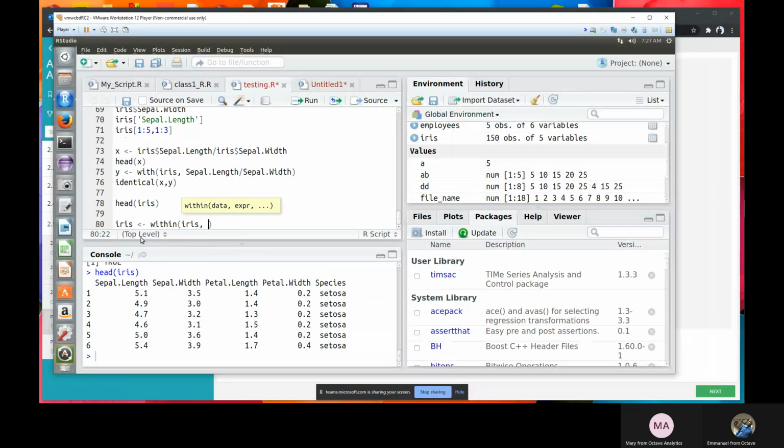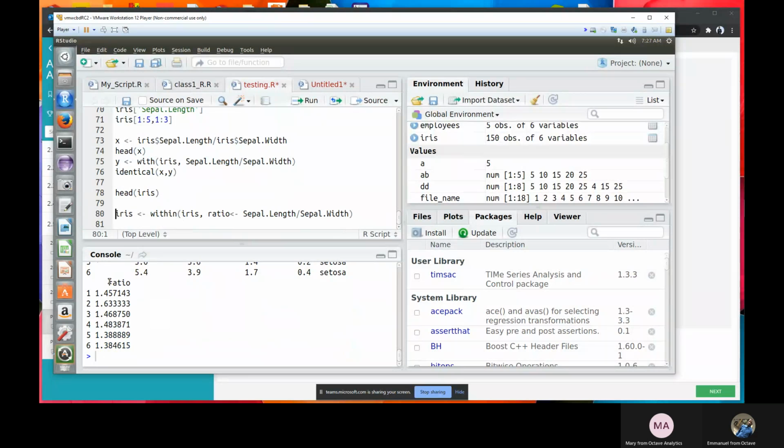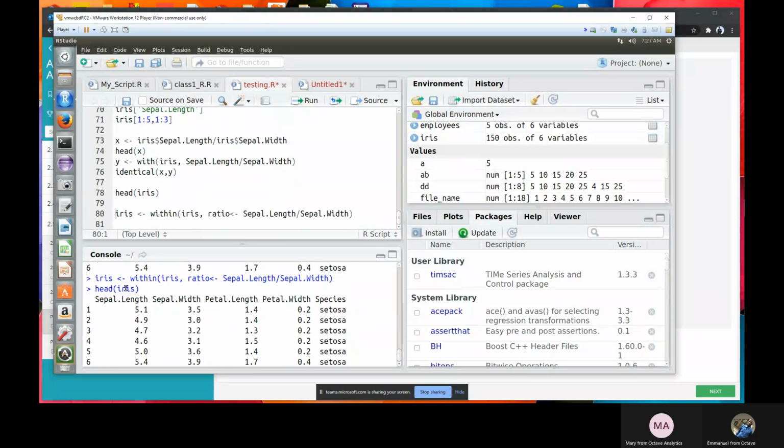Within iris, I want another column called ratio, which will be equal to Sepal.Length divided by Sepal.Width. I'll just copy and put this in. If I run this command, yeah, that's done. If I check the head of iris now, you can see another column has been generated called ratio, which is Sepal.Length over Sepal.Width. And it has been added to the iris data set. Does that make sense at all?